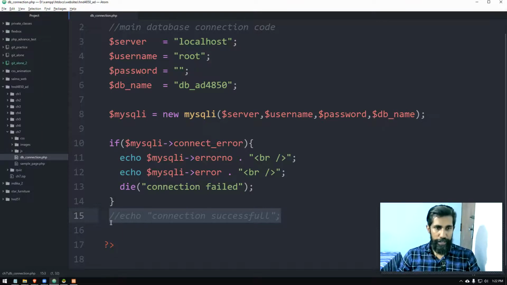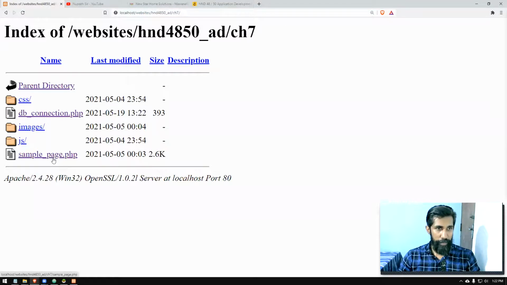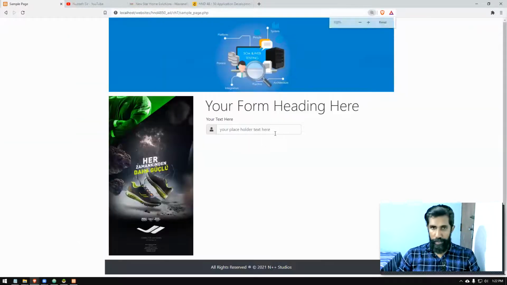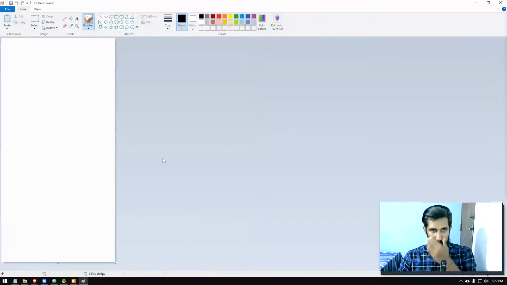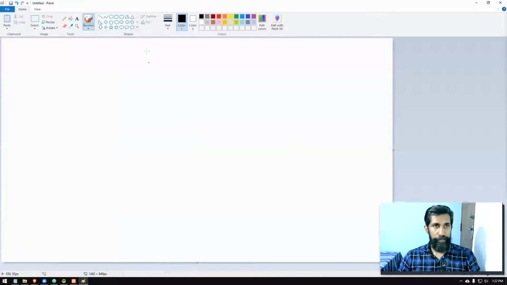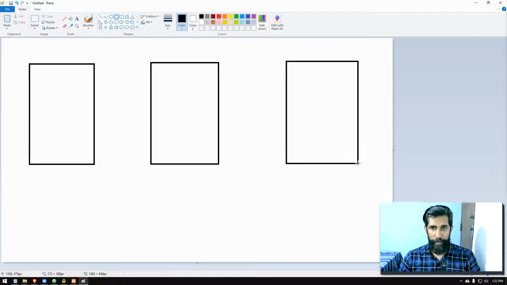What we're going to do next is have this one properly created now. See, this page is there. Sample page. This is how it looks. I'm going to create step one. Let me show you how it's going to be done. I'm going to have one page created first, and another page created. This is my storyboard or wireframe for you to explain what's going to happen.